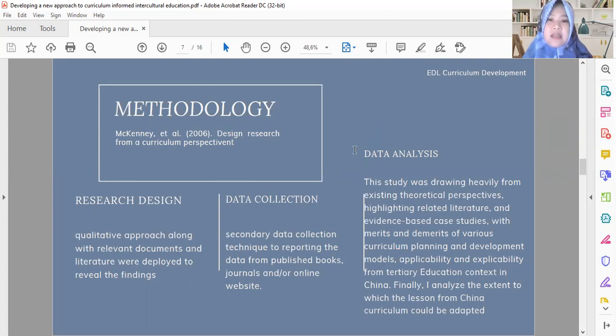So this study was drawing heavily from existing theoretical perspectives, and then highlighting related literatures and evidence-based case studies with merits and demerits of various curriculum planning and development models, applicability and explicability from the tertiary education context in China. And finally, I analyzed the extent to which the lessons from China's curriculum could be adapted in my institution.